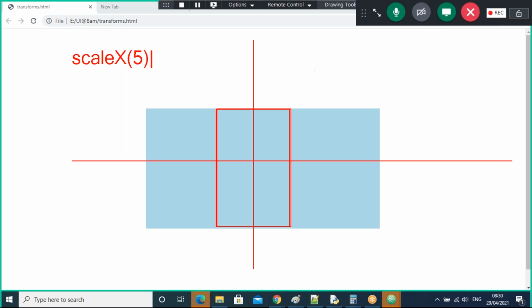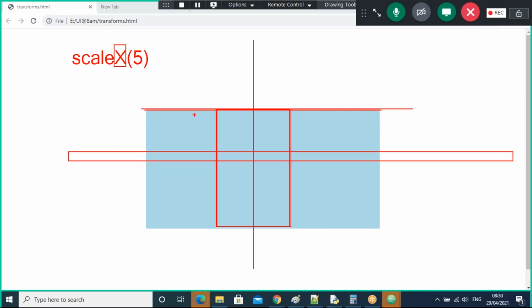Then on the x direction only we can increase the width. Only this is the x. On this x direction only, it is increasing the width.